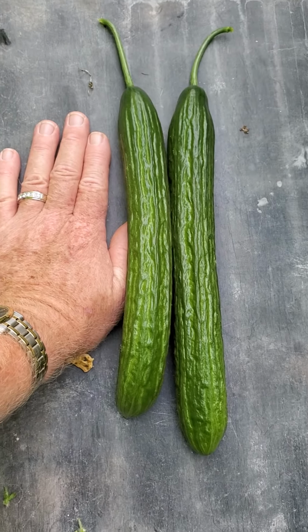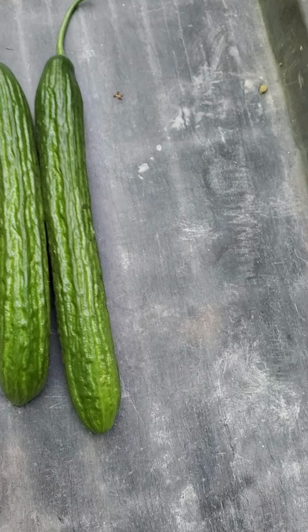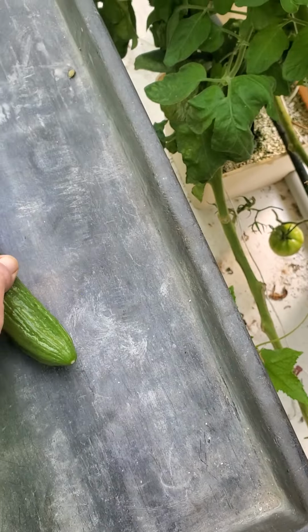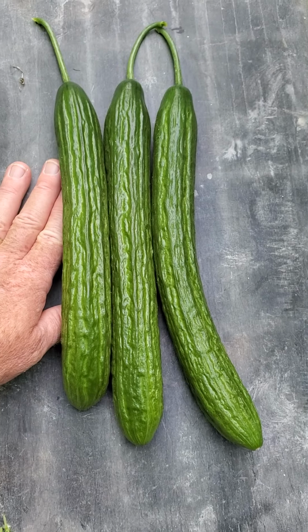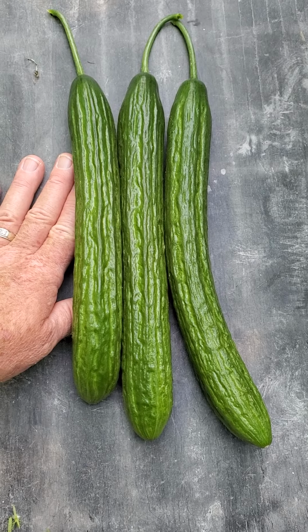You can see about how big it is, and it's really, it just would be nice if it was just a little bit thicker. It would be like perfect. So about another day,